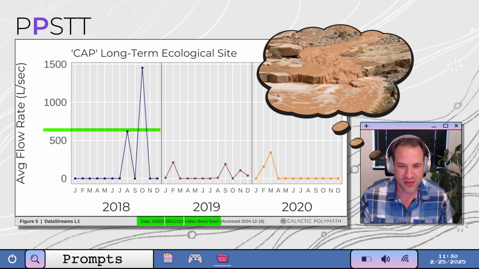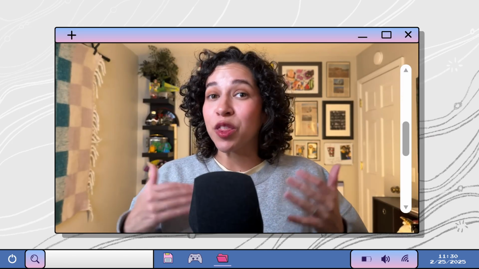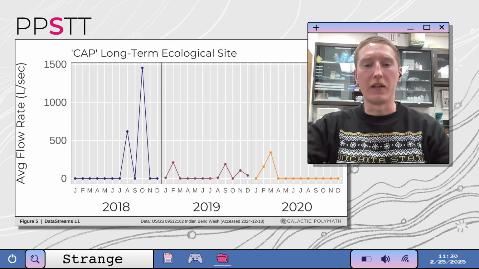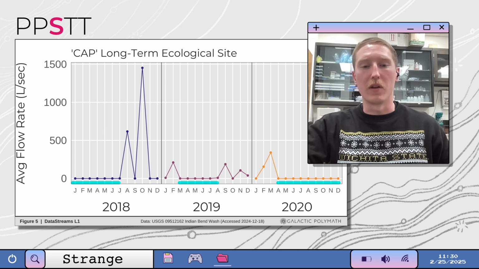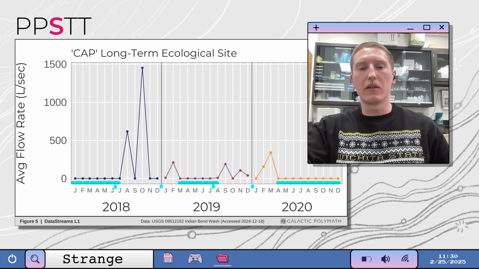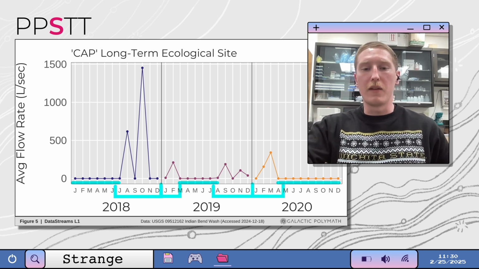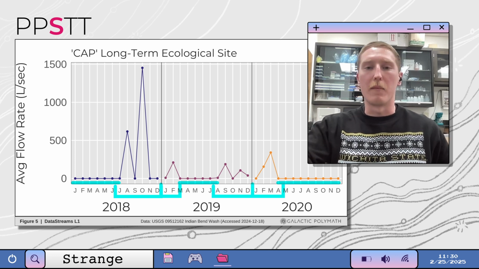the desert Southwest. All right, so we can already see how studying the prompts helped us have a deeper understanding of the patterns that we noticed. But what stands out as being strange in this figure? So the first thing I notice is there's long periods where it's nearly at 0. And it seems that the timing of these periods of 0 average flow seem to be at different points. The water only returns for a short period of time, then it usually goes back to that state where there is 0 flow. So that's a very interesting thing, and it could tell us a lot about the system